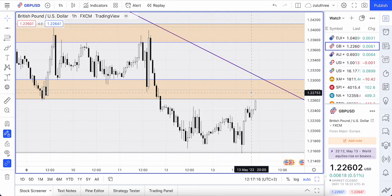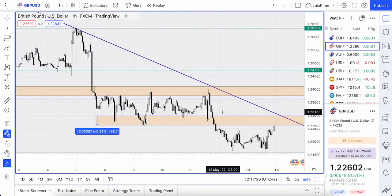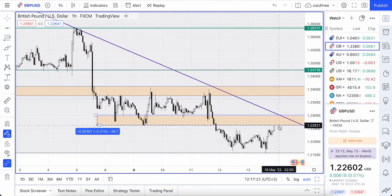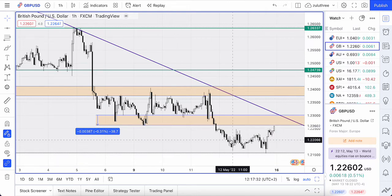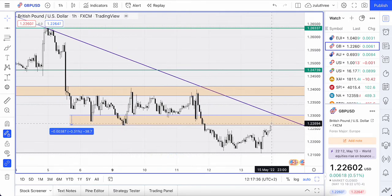But we have approached this whole plethora of resistance levels. We're at the first one already. You can see it was very strong previous support there. We're right up against that at the moment. Who knows what will happen on the weekend. Hopefully we're not going to get a gap down, but I expect some more hesitation there,